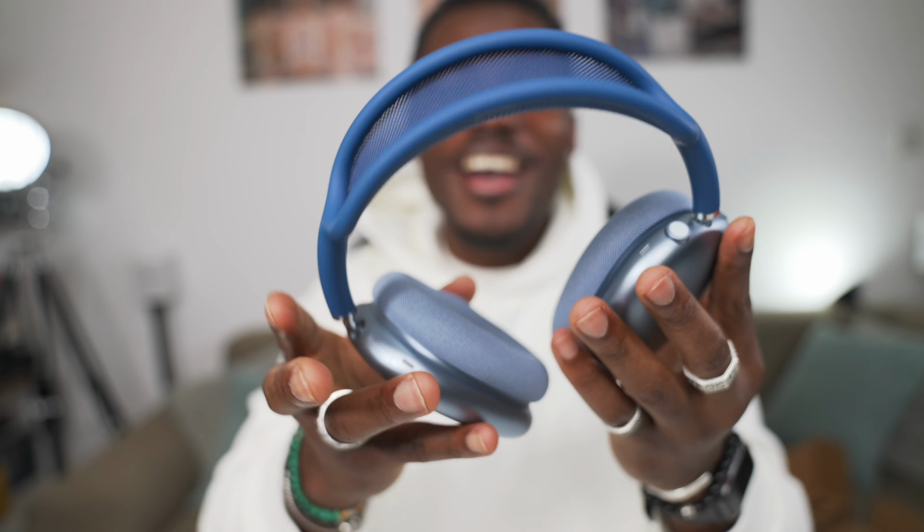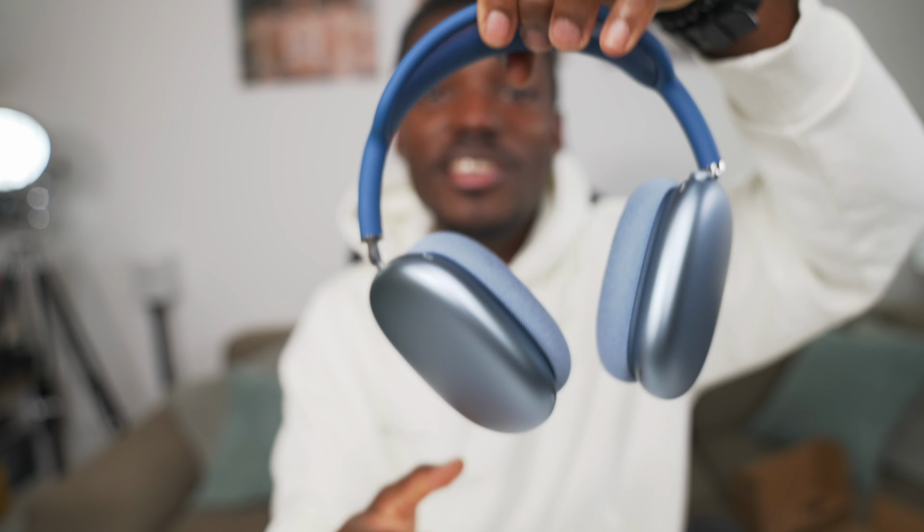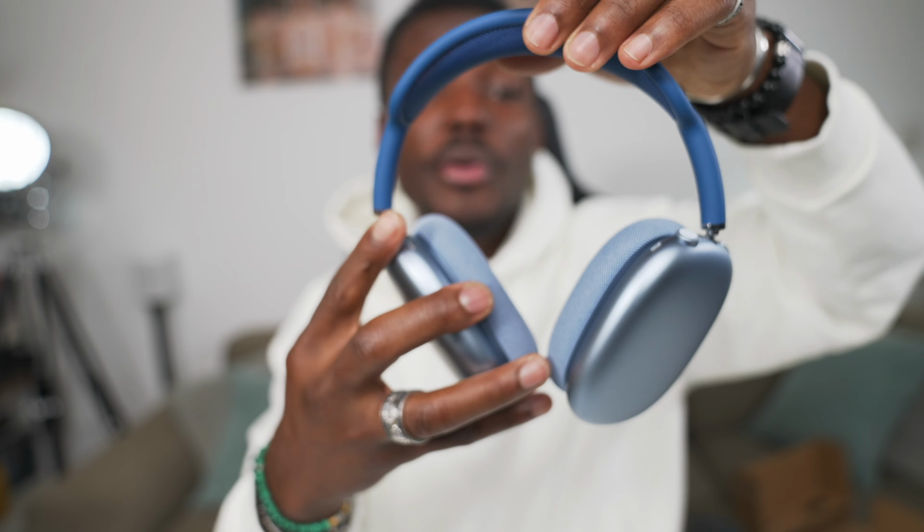Cyberpunk version. But that's the design and how it looks in a nutshell. I really like it. It's got a nice weight to it. It's something I can wear for a prolonged period of time because I'm used to this. But it's not going to be for everyone, in the sense that some people don't like heavy weighted headphones, like